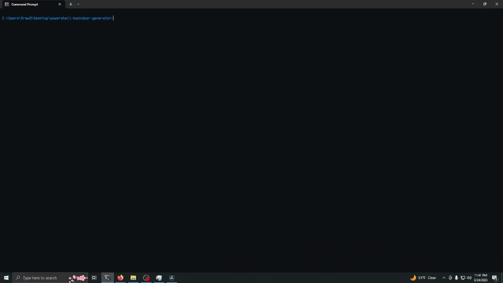To generate a backdoor for the Flipper, we can do python listen.py, then we do --flipper, and then the name of the file you want to create. So I'm just going to do YouTube test, and then the payload. So payload bind and execute, which is going to bind it to startup and then execute it right after. So I'm going to press enter,